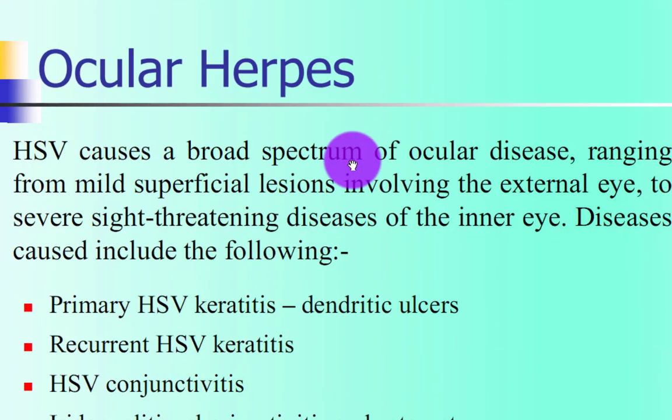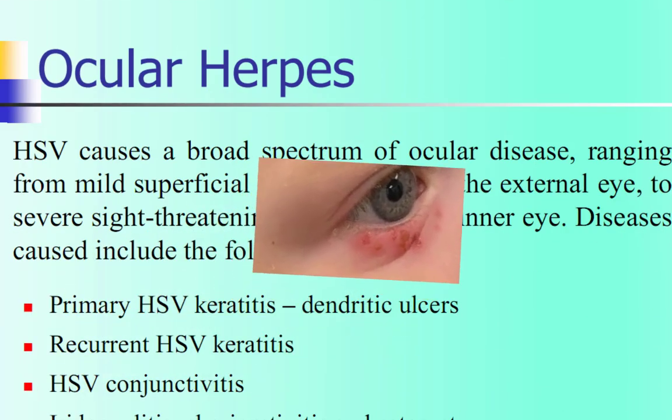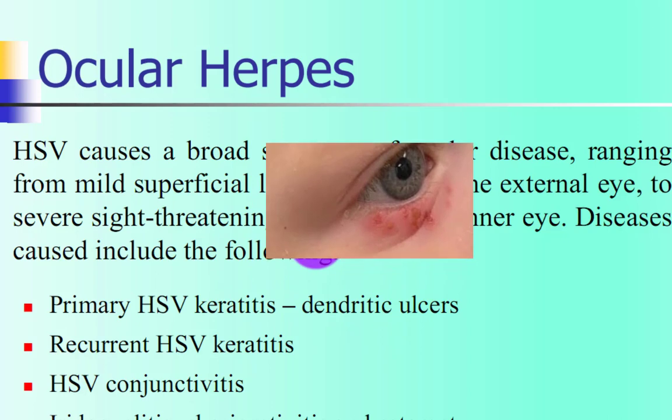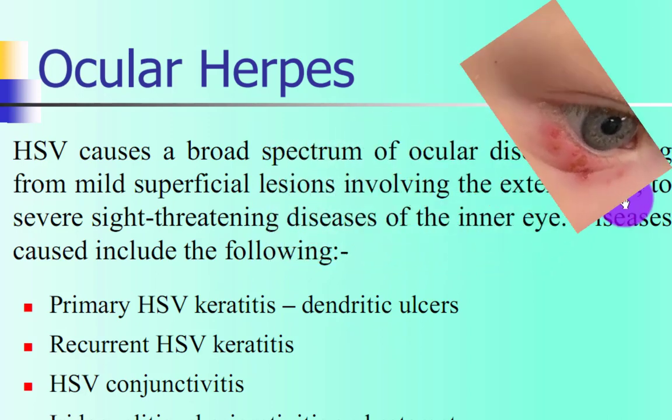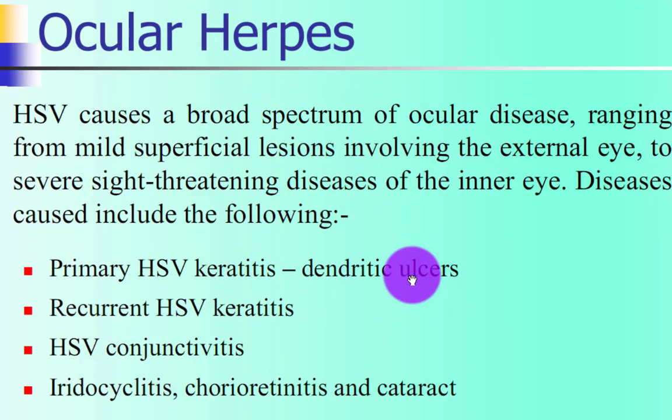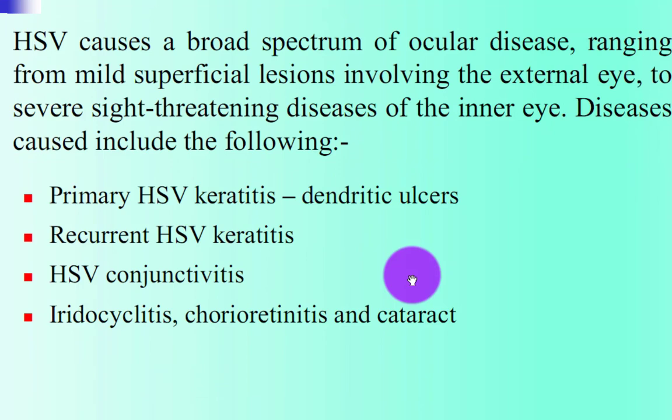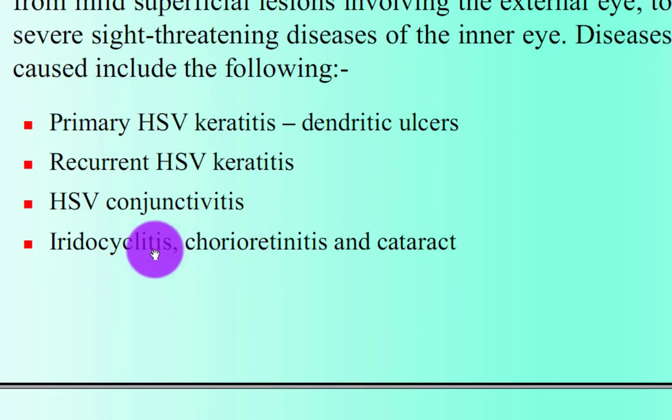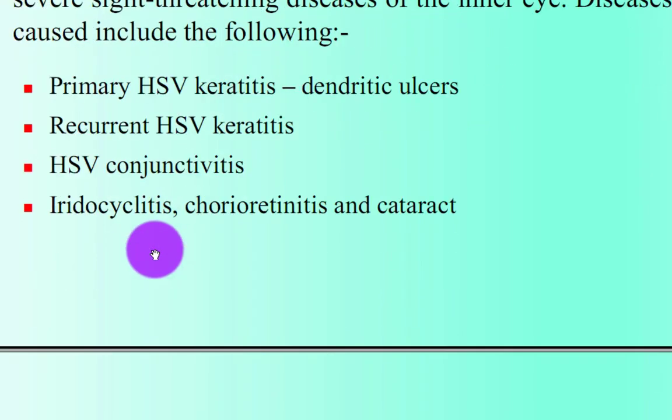Ocular herpes. HSV causes a broad spectrum of ocular disease, ranging from mild superficial lesions involving the external eye to severe sight-threatening disease of the inner eye. Diseases caused include the following: primary HSV keratitis, dendritic ulcers, recurrent HSV keratitis, HSV conjunctivitis, iridocyclitis,